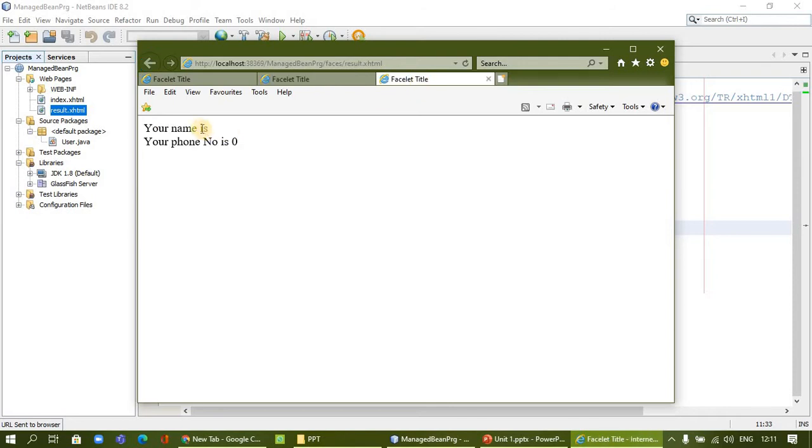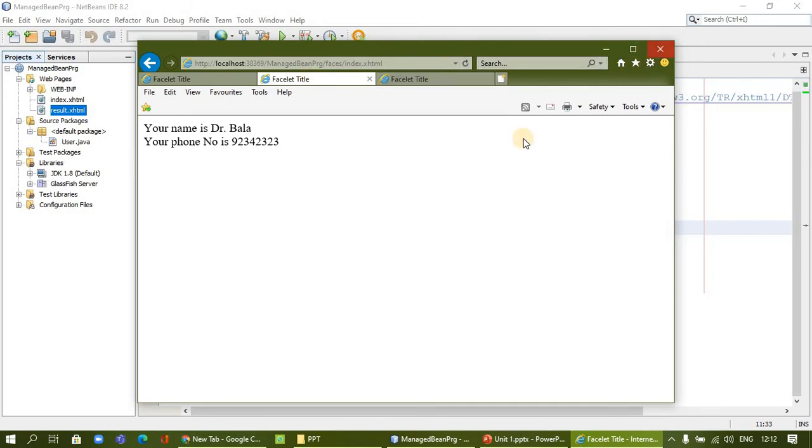I mean next, so it's empty. See, I am just calling the result, so it is not coming because it is a single request. I opened another time, the value is not coming. Okay, so single request means only one request can be accepted, that is request scope. I will change the scope now, you will understand.